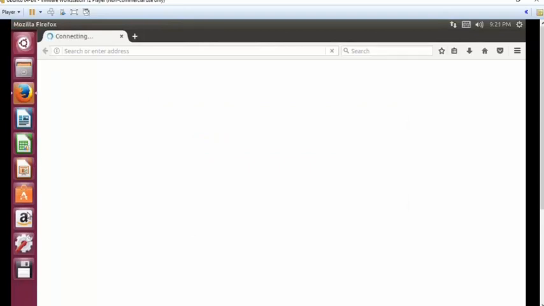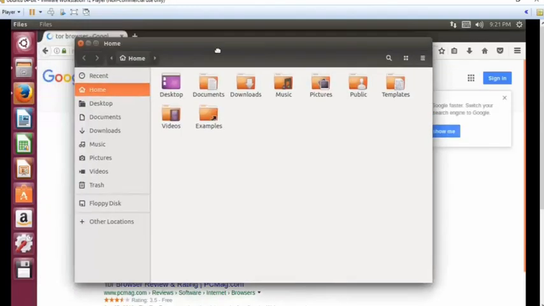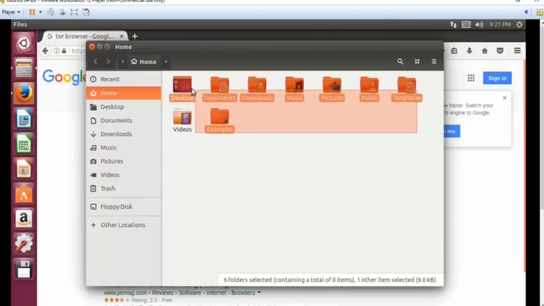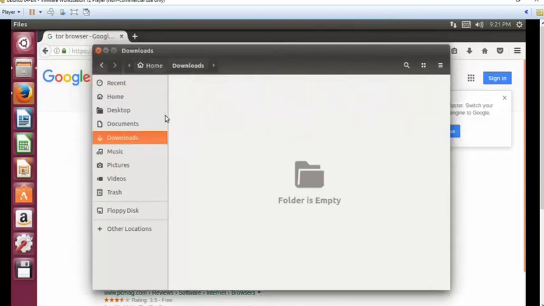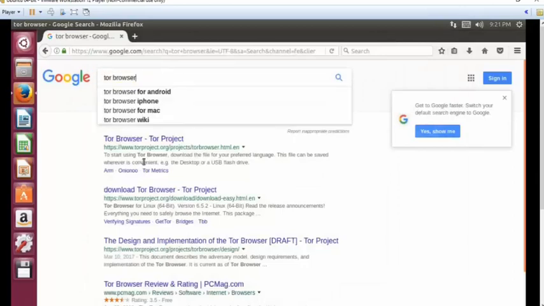browser. You have other applications here, like LibreOffice. You have your file manager, so you can customize your files very easily. As I said, it's very similar to Windows and Mac OS in terms of user interface. You have your downloads folder. Let's just close that. So basically search for the Tor browser and hit the first one, the Tor browser, on